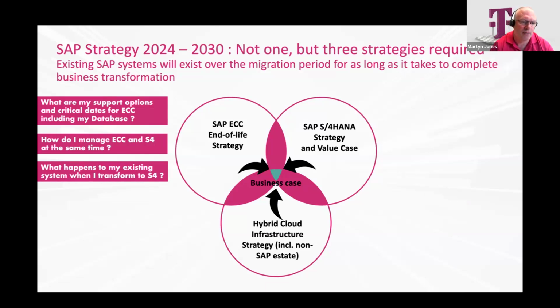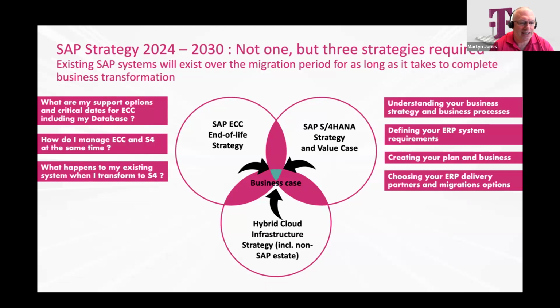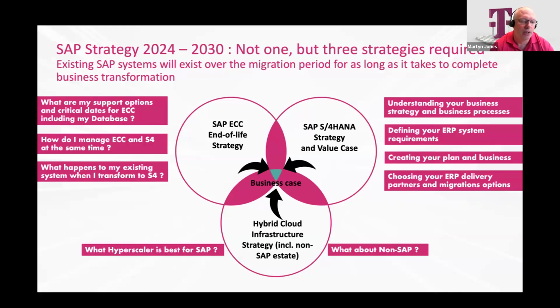So it's really looking at all those criticalities within your current ECC system to see when that end of life strategy is. We also need to look at how you manage ECC and S4 at the same time, so really looking at having those 2 different scenarios. David's going to talk through some of those areas today and how T-Systems and Basis Technologies work together to deliver those services. Another part of this is what happens to my existing system when I transform to S4. We deal in a lot of historization for old systems so that you can actually get rid of the SAP licensing and also still have a read-only solution to look at that data.